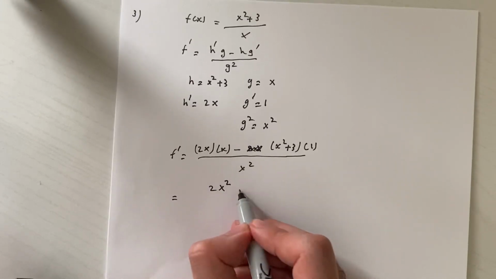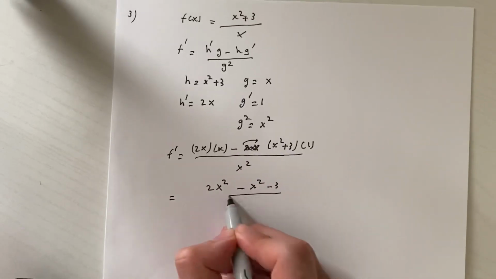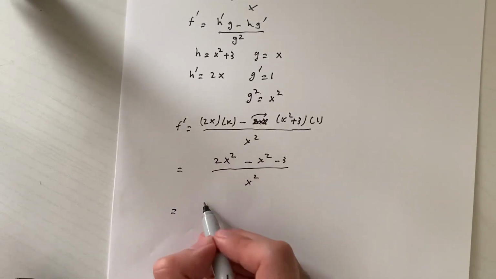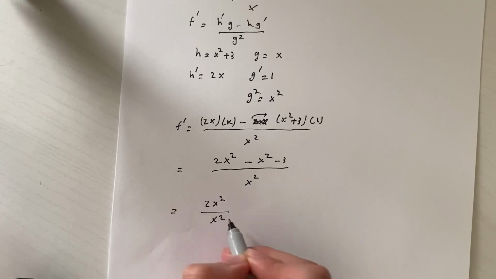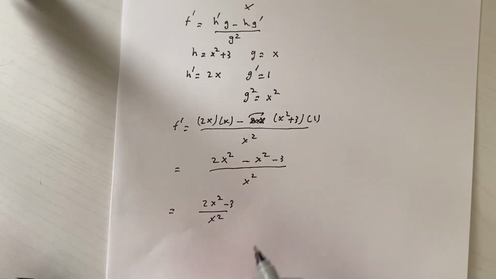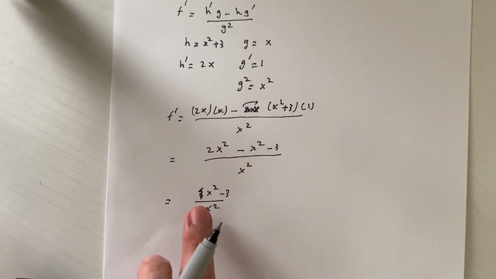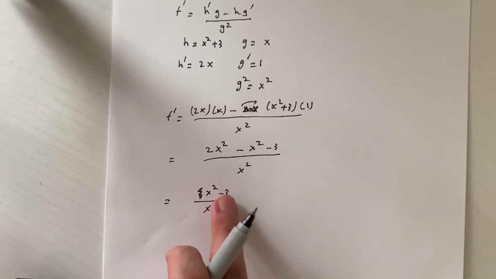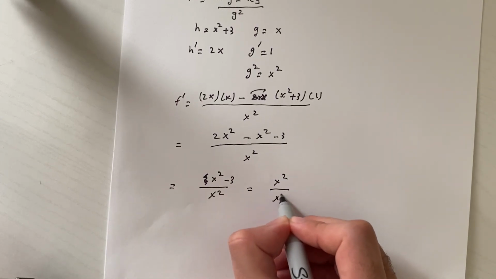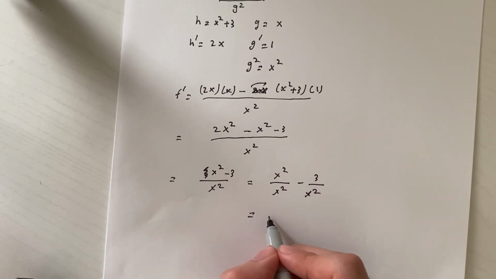Now we can simplify, so multiply the two x's, and then we distribute the negative sign into the parentheses. So now we can simplify more. So now what we can do is rewrite this into two fractions. Now we can simplify,